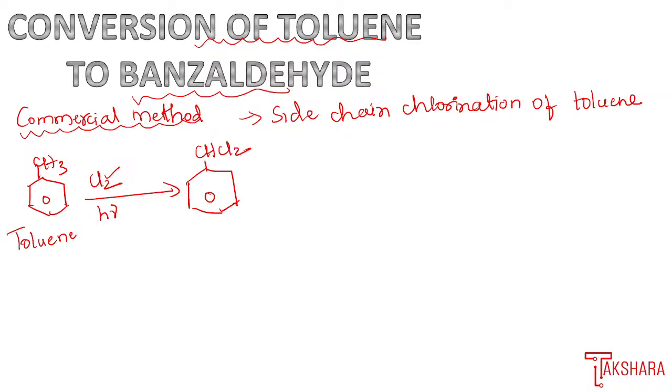Cl2. Okay, so one hydrogen is replaced by Cl and another hydrogen atom undergoes the same. Both hydrogen atoms are replaced by Cl2, so it will become CHCl2, which is called benzal chloride. So benzal chloride, when it again undergoes the reaction in the presence of 2 moles of NaOH at 373 Kelvin temperature,